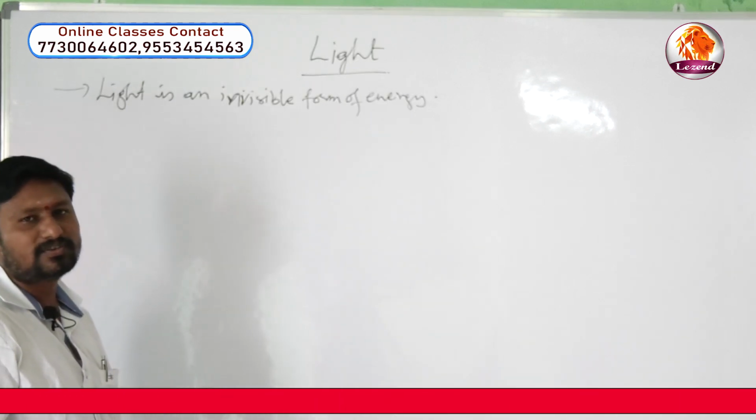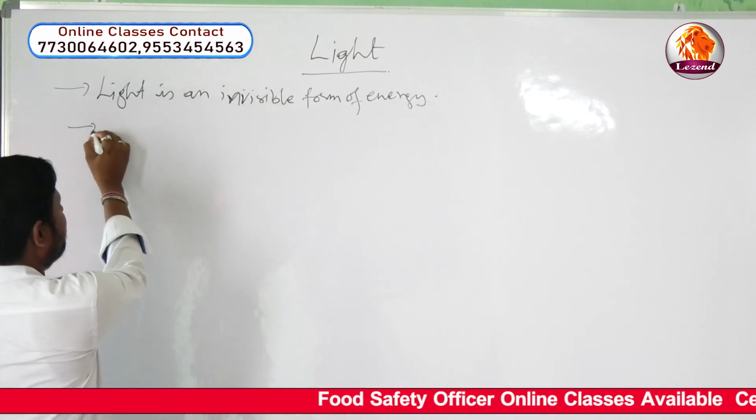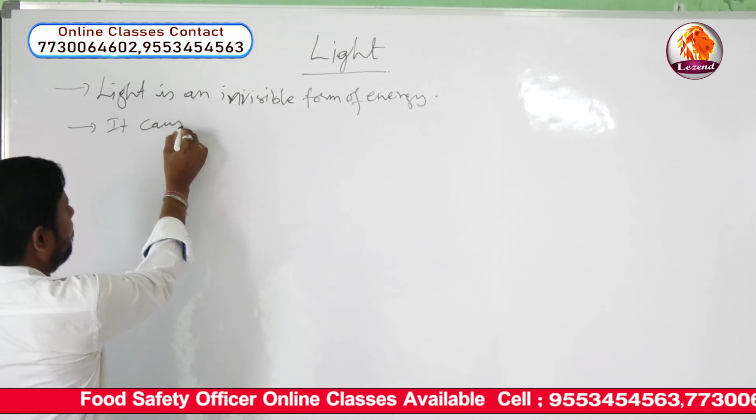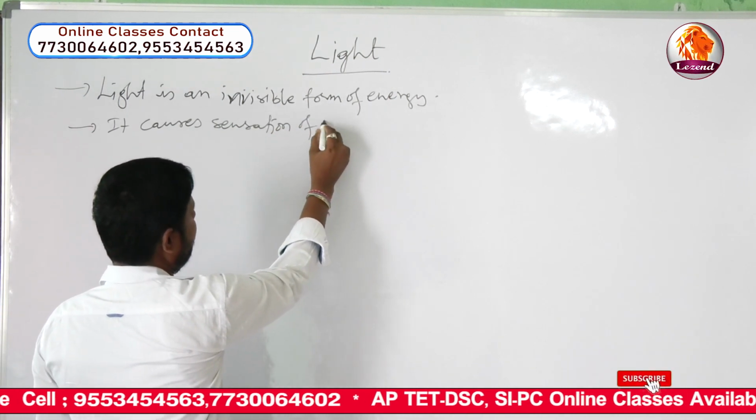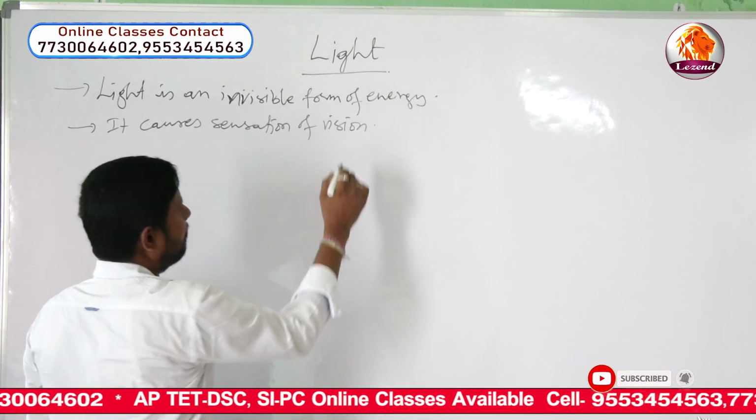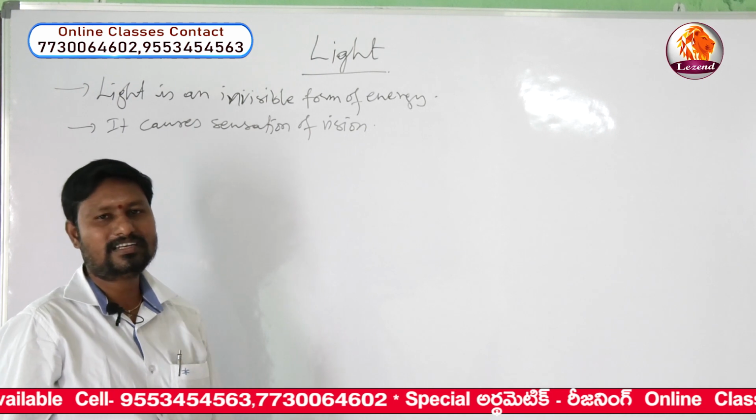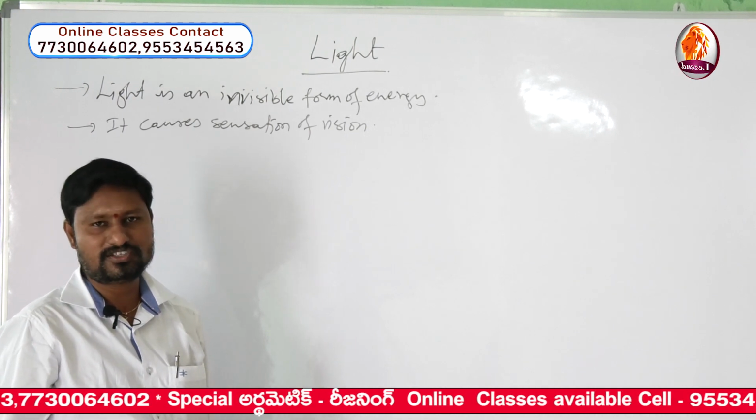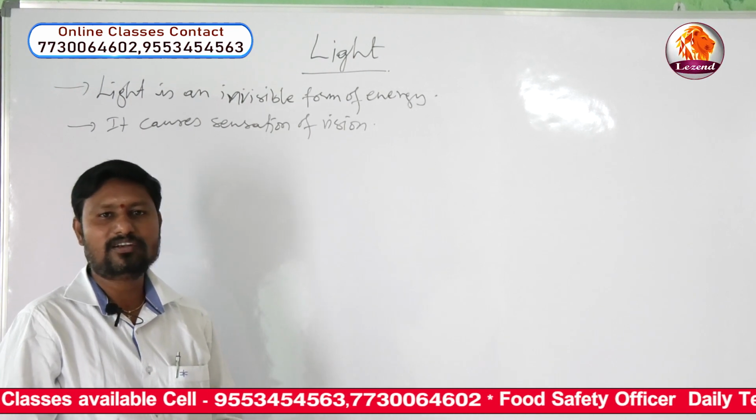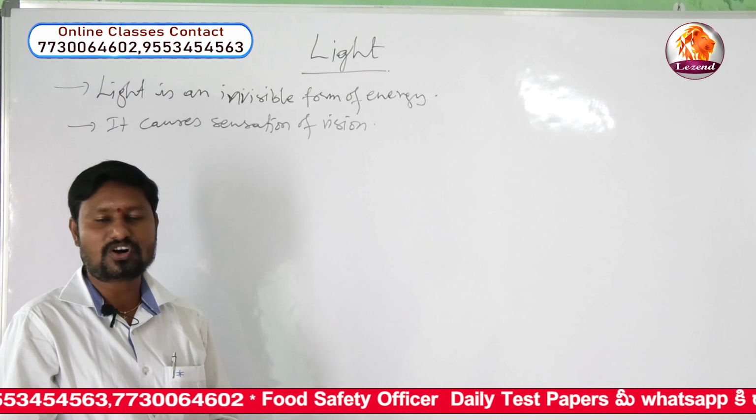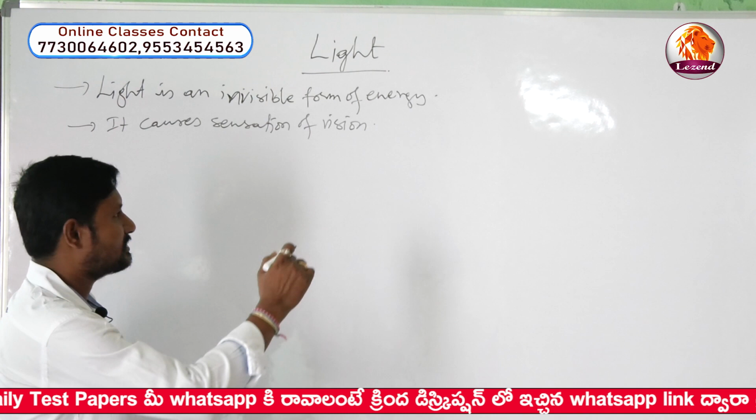Whenever this light falls on the retina of our eye, it causes the sensation of vision. A complete definition for light: light is an invisible form of radiant energy which travels in all directions from the source, and when it falls on the retina of our eye, it causes the sensation of vision. And whenever it is traveling, it maintains a speed of